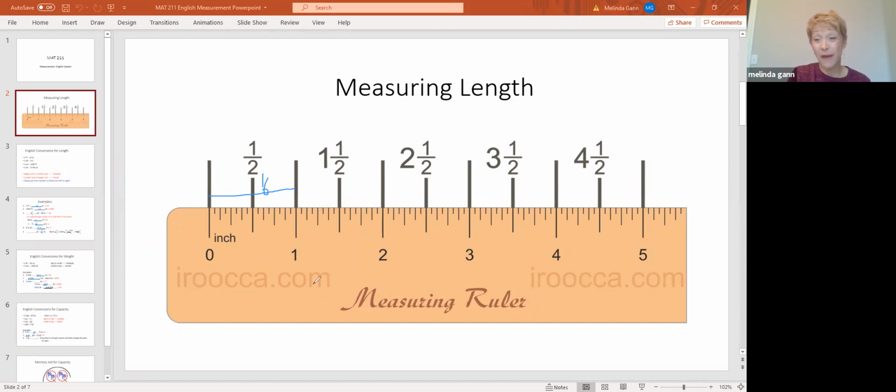Now, after you measure in 16ths, then you're going to simplify that answer. That's why you learn to do fractions in math for teachers. All right. So if you had a segment that went here to right there, and I told you on a test to take your ruler and measure the segment, you'd have to find the endpoint and make sure it lines up with 0. And then you would count 1, 2, 3, 4, 5, 6, 7, 8, 9, 10, 11, 12, 13, 14. So that segment would be 14